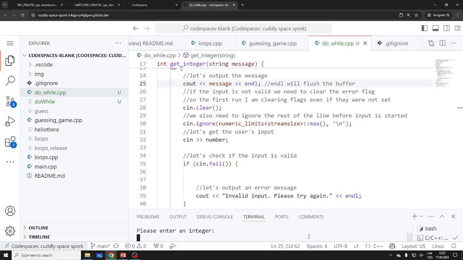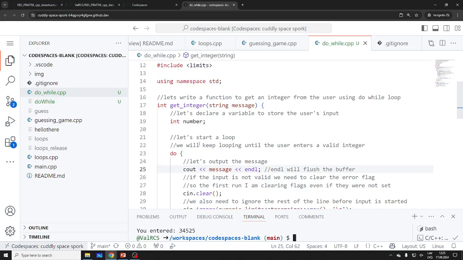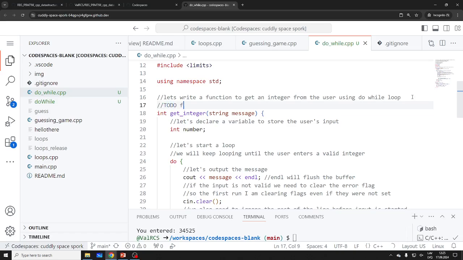Do while. Again, follow this. Okay, yeah, it's not, like I said, it doesn't work quite well. So it works correctly, but the logic is not very good, right? Not a very good example. So, fix me.